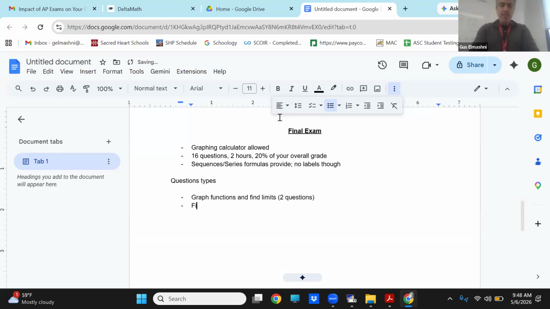Find the limits of expressions. 2 questions. In all likelihood, it's going to be some stuff that we did earlier, like, hey, when you have a radical or a complex fraction, or some of the trig, like sin x over x, and you have a bunch of other weird stuff around it. So I'll show you some examples of that when I show you Delta Math. But yeah, you have that.